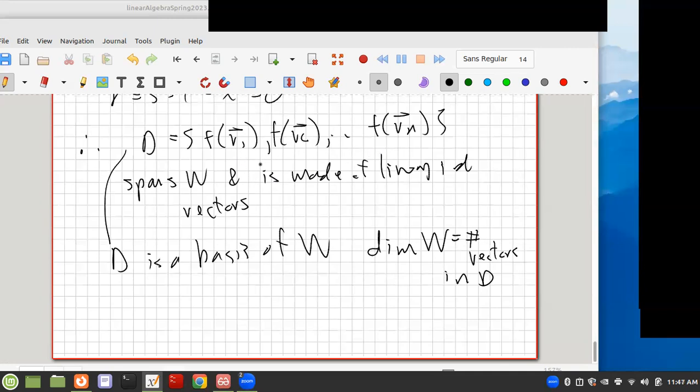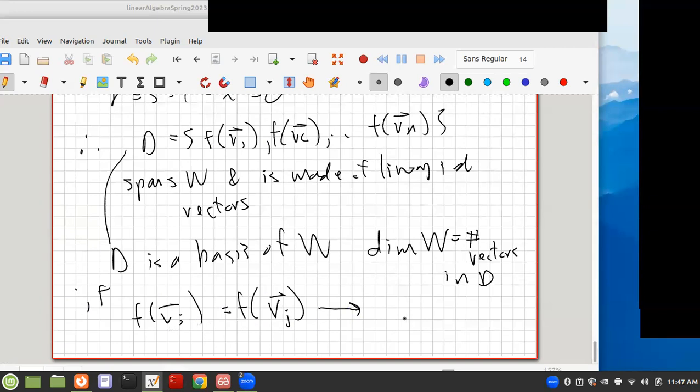The only way that the dimension of D could be less than n would be if some of these were equal, right? So if you had F of Vi equal to F of Vj, if any of these were equal, well, that would imply, because F is one to one,